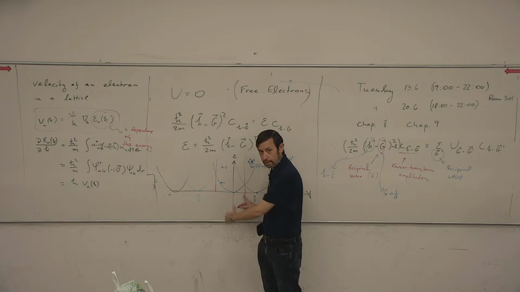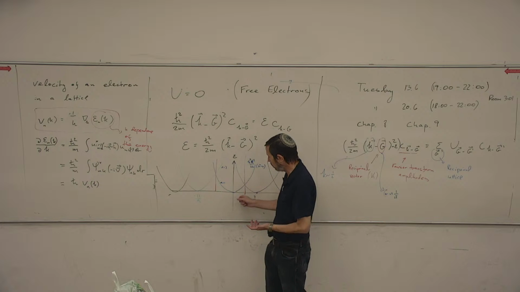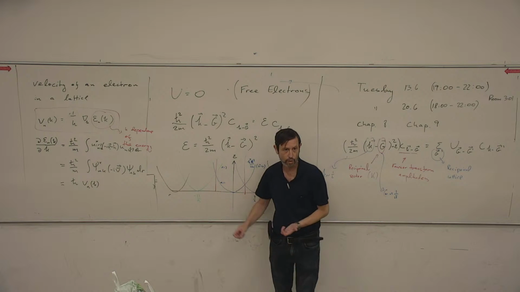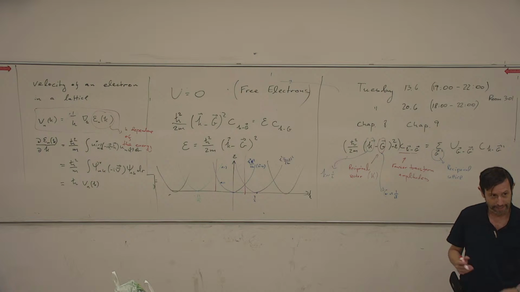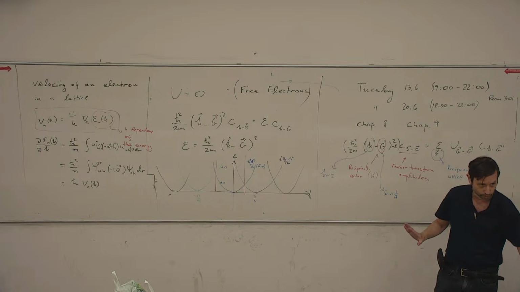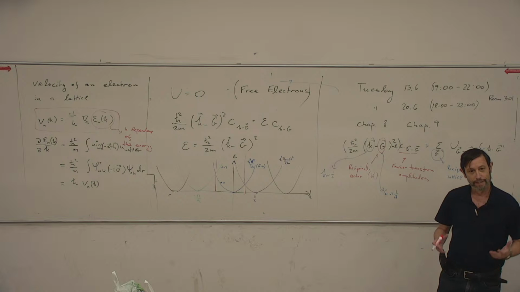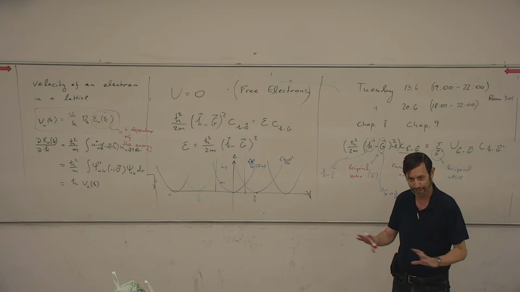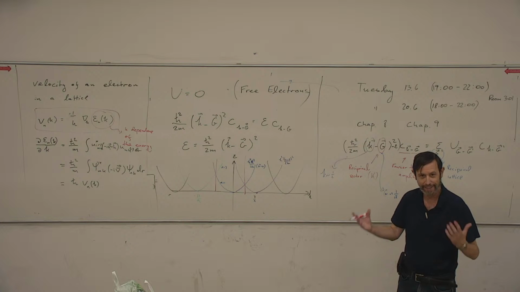No, it's just you're counting them differently. You decide that k goes only between minus pi over 2a and pi over 2a for the one-dimensional case, and I'll keep it in this lecture only in the one-dimensional case, because life becomes complicated once you're looking at two and three dimensions. Ashcroft is full of nice drawings of the Brillouin zone for higher dimensions,